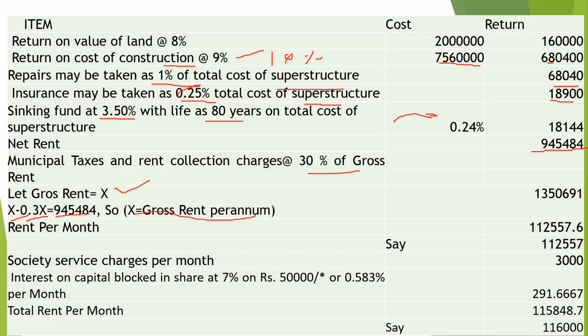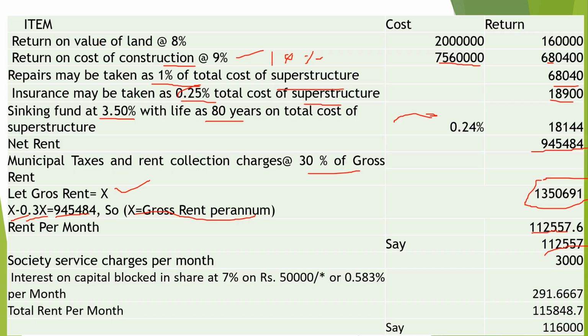So if you calculate all these things, 0.7x is equal to 9 lakh 45,484. So it will come out to be 13 lakh 50,691. So rent per month, you divide it by 12, it will be 1 lakh